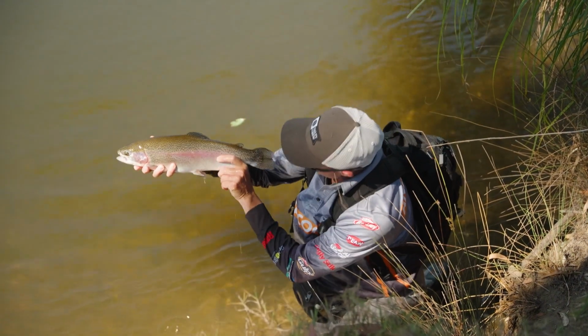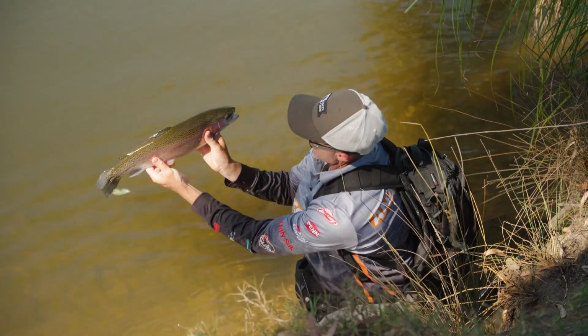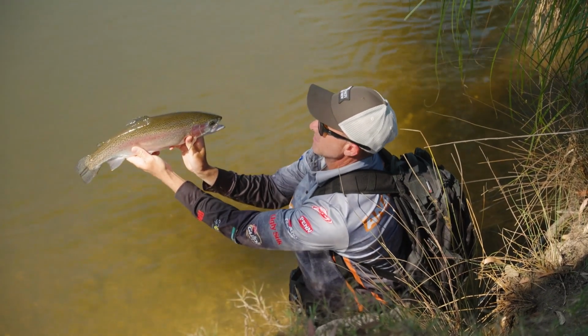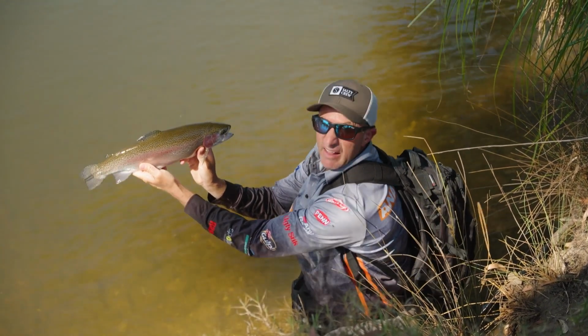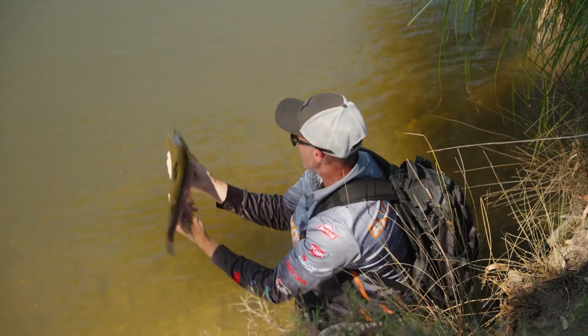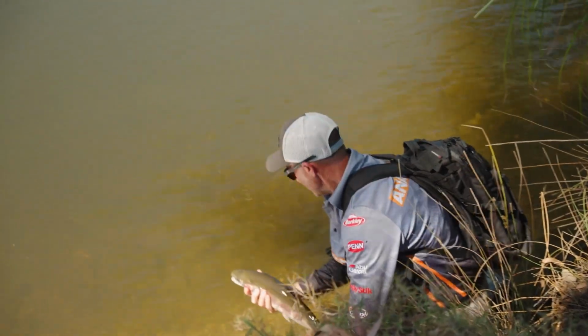Look at that beautiful pink stripe. That is a sensational looking rainbow trout. It's a female, it's got that little bullet head. The male had that bigger jaw. That is a sensational fish. We'll pop it back. But most of all, I'm hoping,